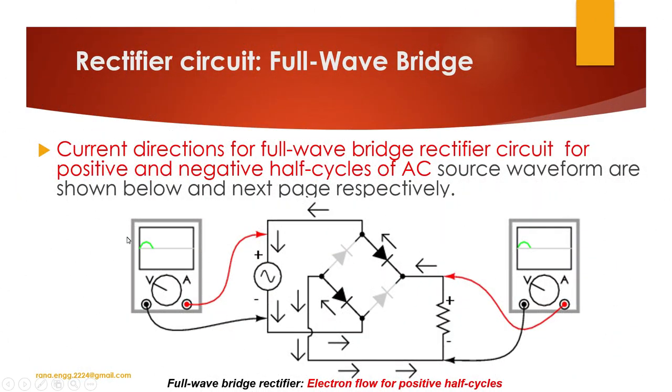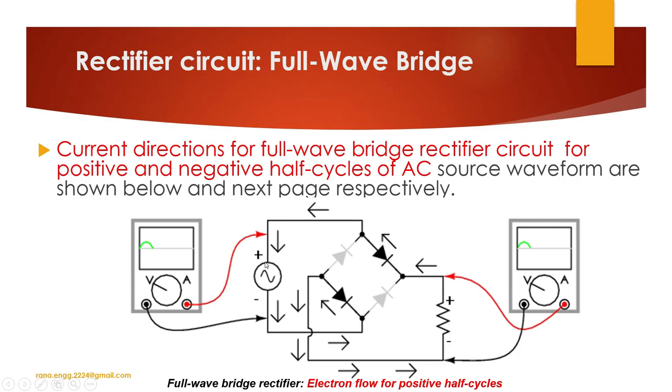So for the first positive cycle, when input is positive, then what happens, say this top part becomes positive and bottom part becomes negative. So from positive it starts. What will be the direction of flow of current? Say it gets generated at negative terminal and they move towards the positive terminal, when the conventional direction of flow is from positive to negative.